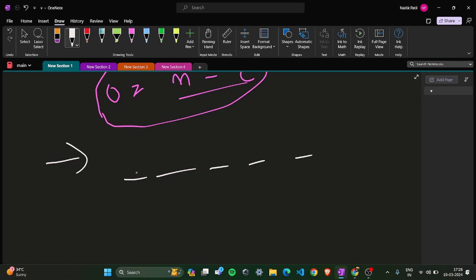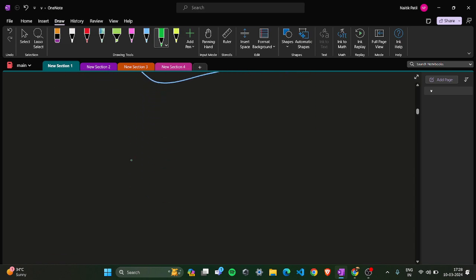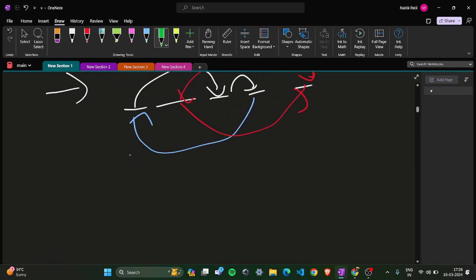Like something is connected to this, or maybe these two. It's just the case where there are no self loops. In such a case, the best thing is to